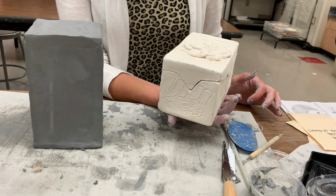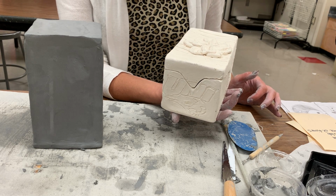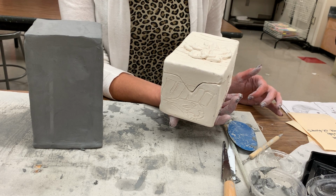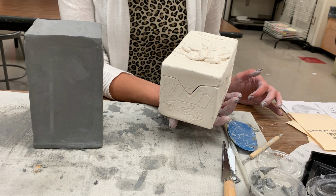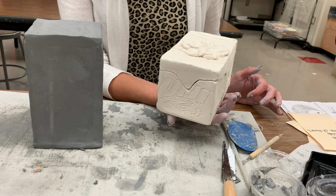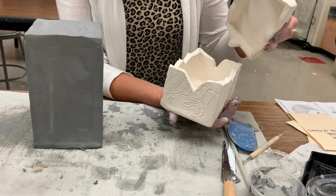So the second thing you need to think of is draw it first and cut it later. If you cut all the way through, you're not really going to be able to go back very easily. So please, please, please draw it first. Let me check. Okay? And a third thing, which I didn't mention, but I'm going to mention, make sure you